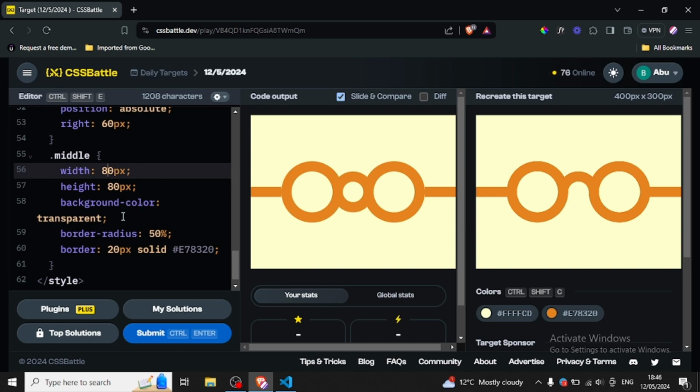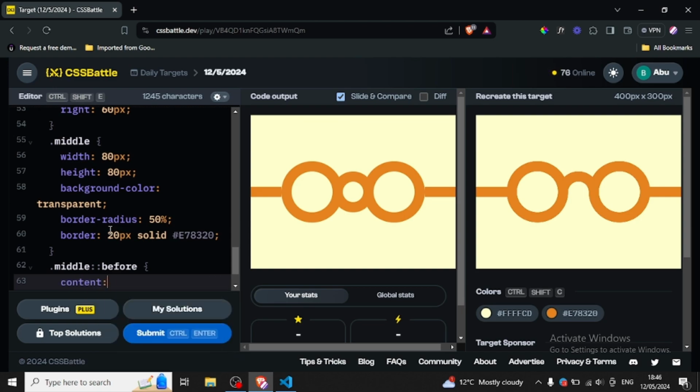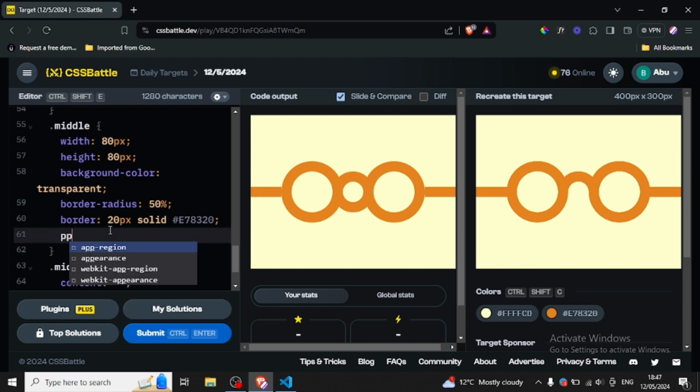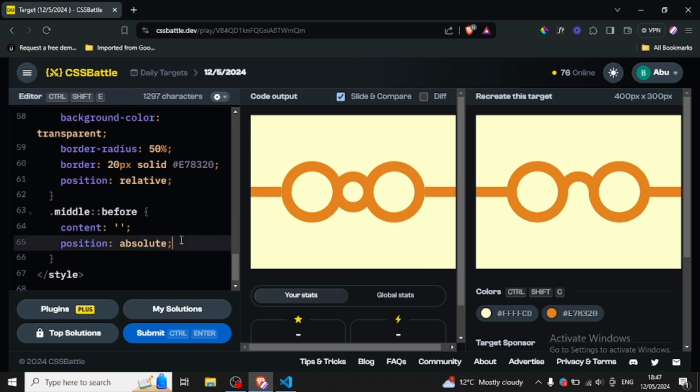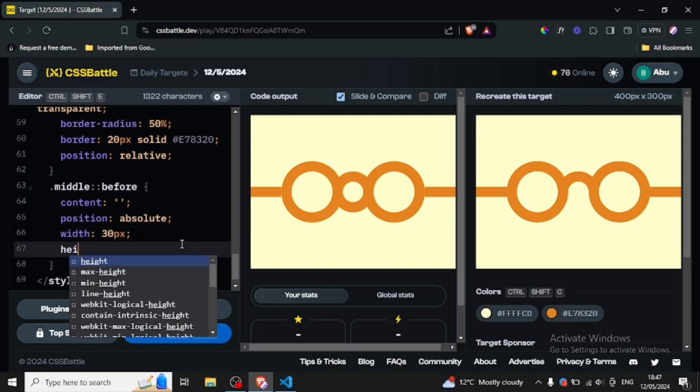So in order to fix that, we use the before and after classes of the middle, which are the pseudo classes, you know, right? So I'll come back over here, because also we can open a new one, but I do not recommend that. Okay, so I will write middle before, and first of all, I will write content. So content will be empty, and we'll write position absolute, and for this we need to write position relative, because it should take from this one. And the next thing is we need to write width. What is the width of this? So it's 120, so we need to use maybe 30 pixels for the moment,